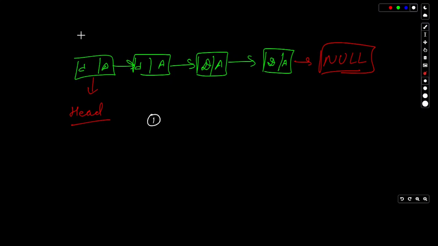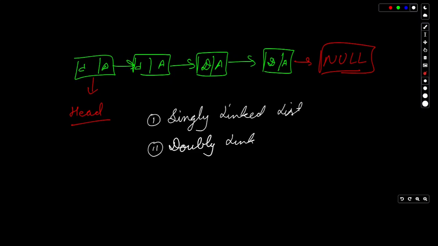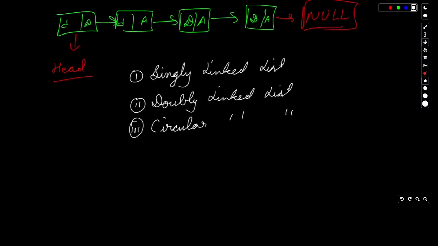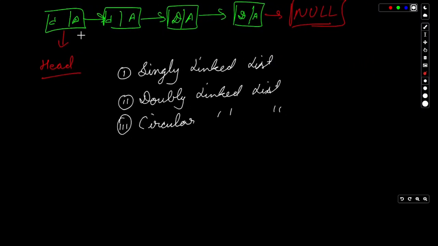So this is the whole structure of a linked list, and the particular linked list you are looking at on my screen is called a singly linked list. There are other linked lists such as the doubly linked list and the circular linked list. So there are different kinds of linked lists. There is a very easy way to show a doubly linked list, and it is like this.